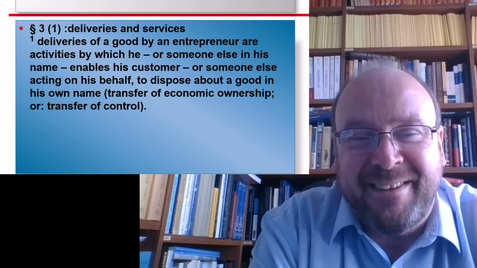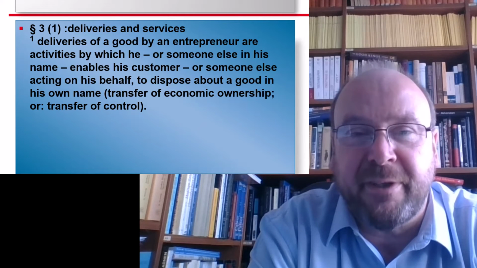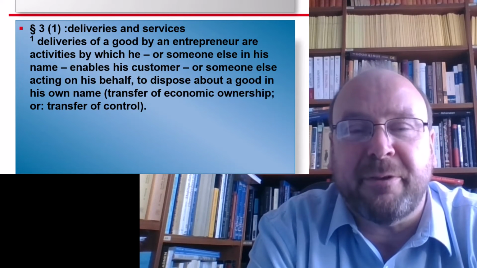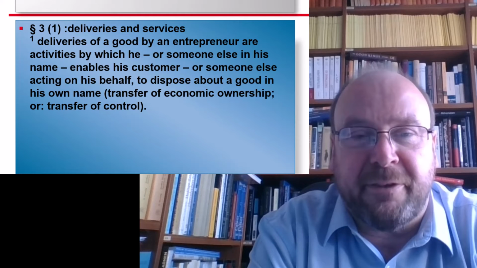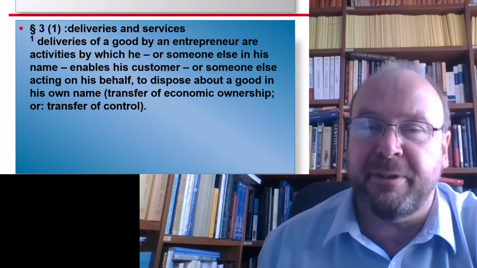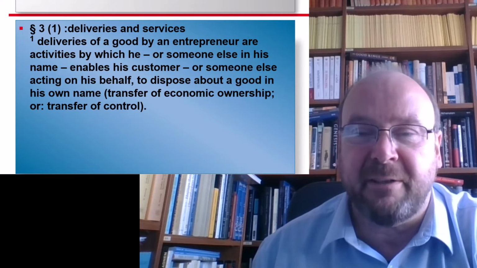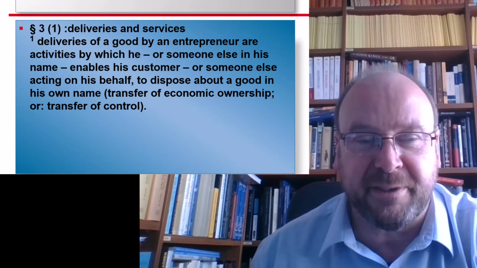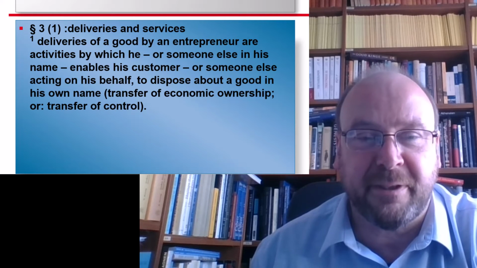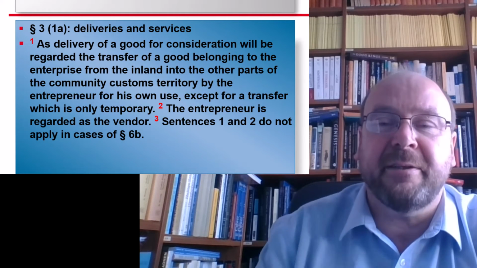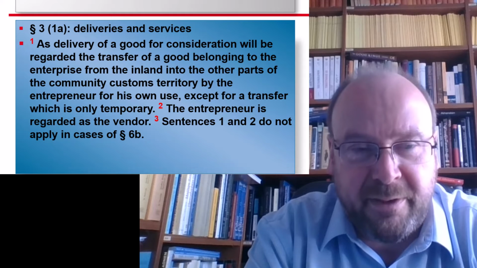As you can see here, paragraph 3.1 is just a definition of a genuine delivery. You sell something to somebody else so that the position of an owner changes in a tangible good. That can be applied to every genuine cross-border sale, so that will be your starting rule for all intra-community deliveries. However, when you have an intra-community transfer of a good, which is just transported from one country to another without changing ownership, so that you have a fictitious transaction, then you need a rule which says, okay, you should treat it as if it were a delivery.